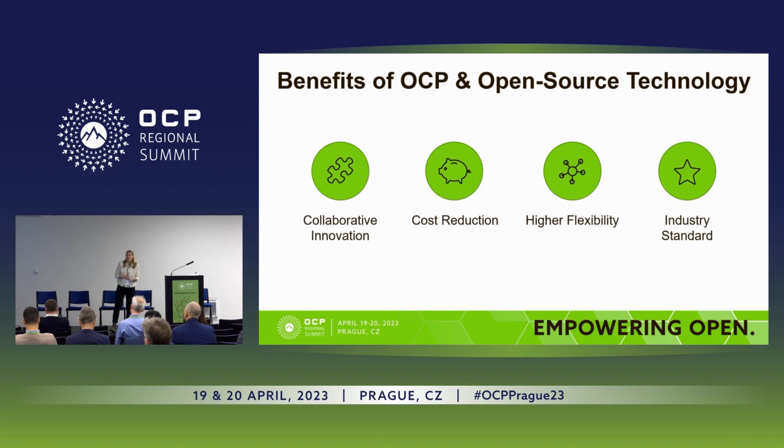Now, this modularity, this fast innovation leads to cost reductions in general, for example, in energy efficiency or in maintenance cost. Then the next point is higher flexibility. So there are actually two parts to this. In a way, you have a broader supply base, so you have a bit more flexibility in picking the people that you want to work with. And ideally, this also pushes down the prices a little bit, so again, you have a bit of a cost reduction here. And then the second part of the flexibility is that you actually can configure the product in the exact way that you want it. It's not just a couple of generalist solutions out there, but you can kind of pick and mix actually the product that suits your needs.